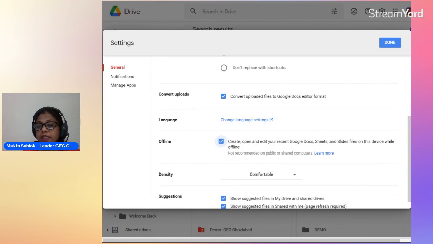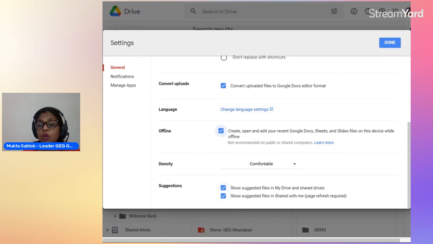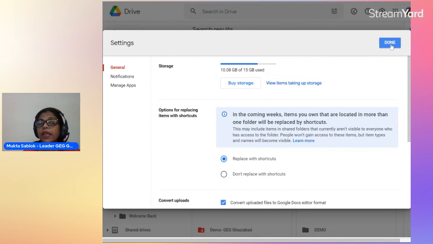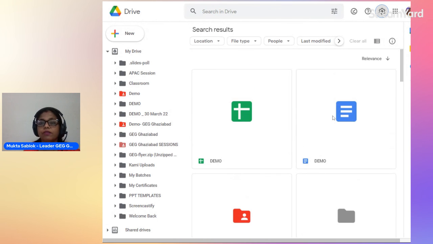But I have selected it. And these are also two settings: show suggested files in my files and folders, and show suggested files in shared with me. And don't forget to click over done while changing any of the settings.